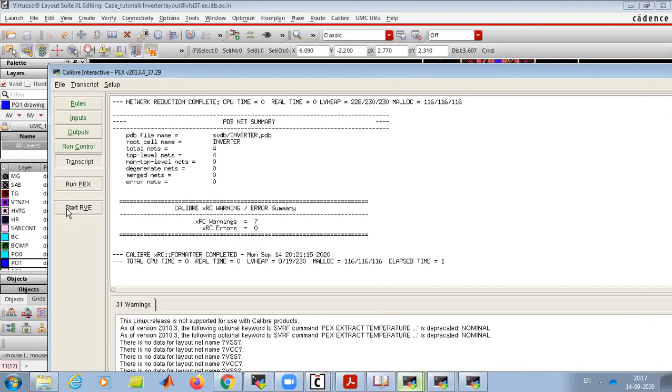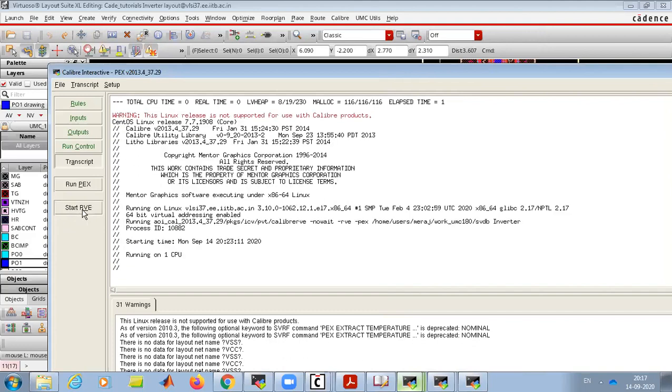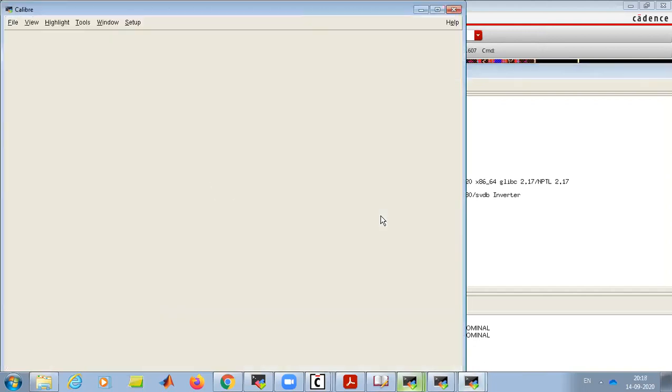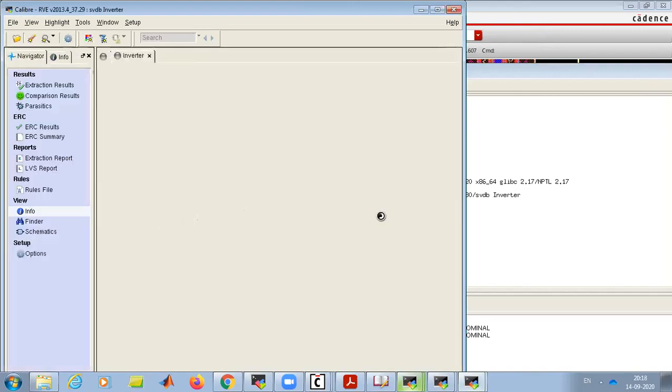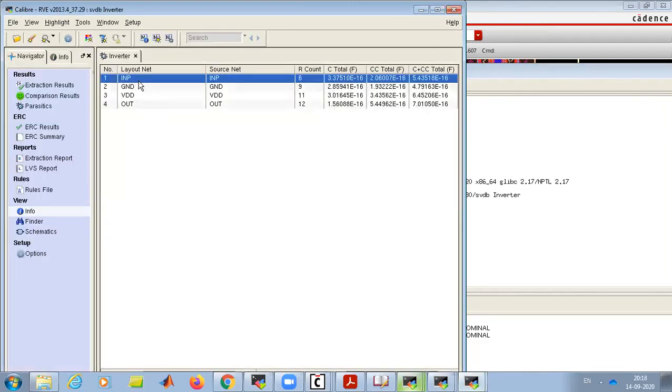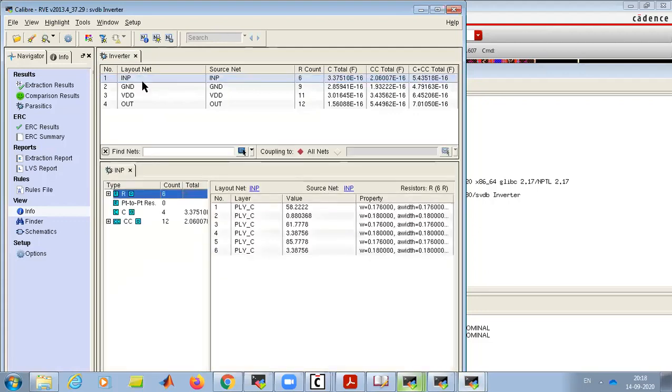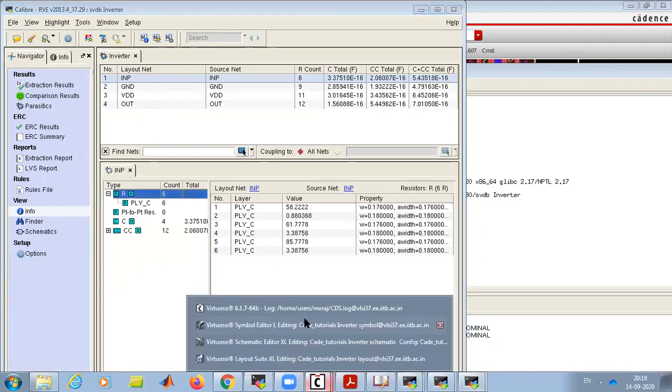So there is one option called RVE. After running PEX, you can find out which two nodes have how much parasitics. So this helps in debugging or improving our design. If we click on INP, this is the resistor. There are 6 resistors of these values, and if I double click on it, we'll see it in our layout. So